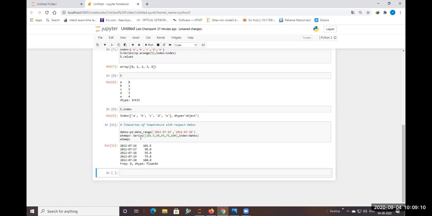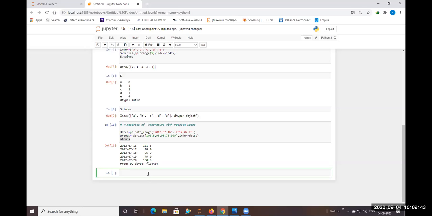Firstly I called the pandas date range, and next I assigned the dates with a range from 16 to 20, and also took the temperatures to represent in a series format and declared the index. On calling the output, I can see for each and every date the temperature: for 16/7/2012 it is 101.5 degrees, for 17/7/2012 it is 98 degrees, and so on.